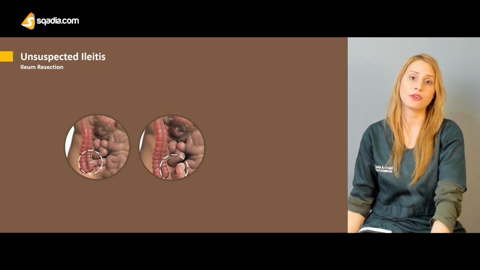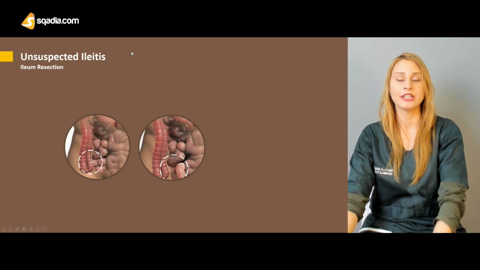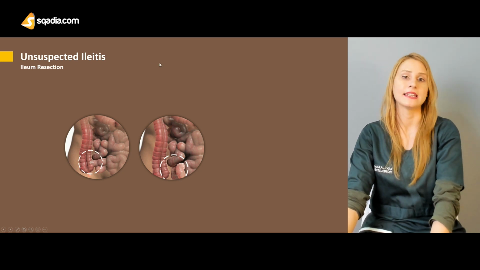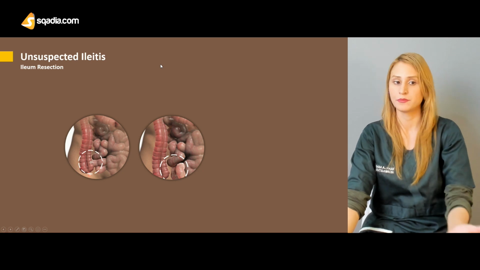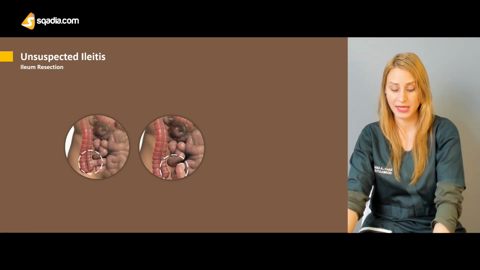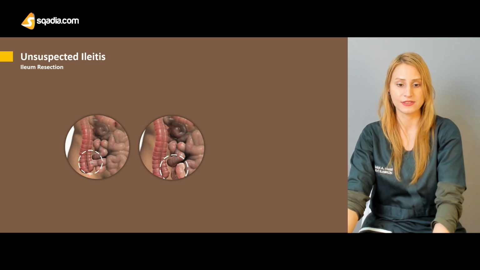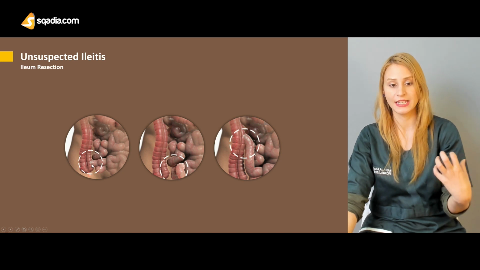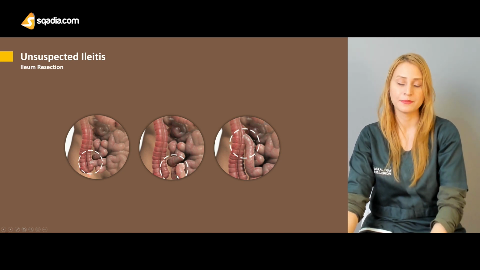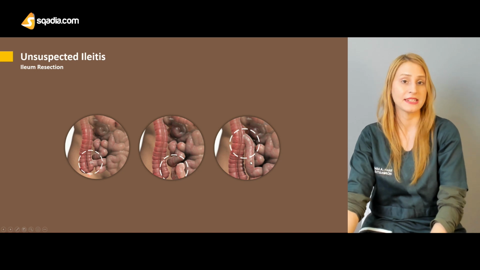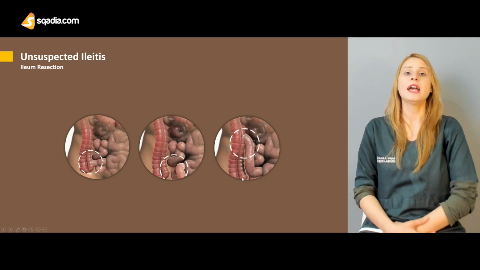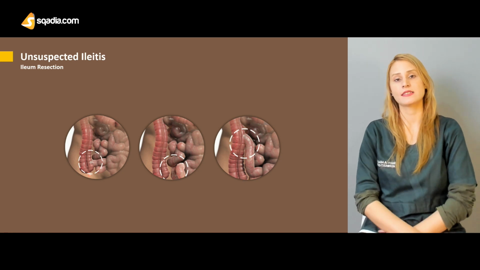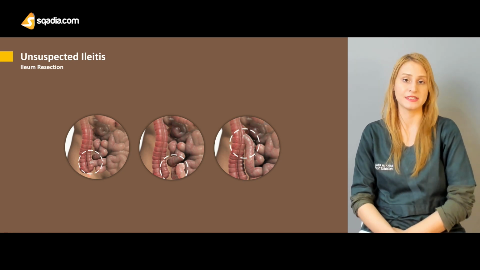And if you encounter such a scenario where you suspected acute appendicitis and it came out to be ileitis, or there's an ileal mass, then you have to go for the ileal resection. See, for example, posteriorly there was attachment of the ileum, and then there was the appendix as well, which was dilated. But in case of ileitis, you just have to do the ileal resection, and then you have to